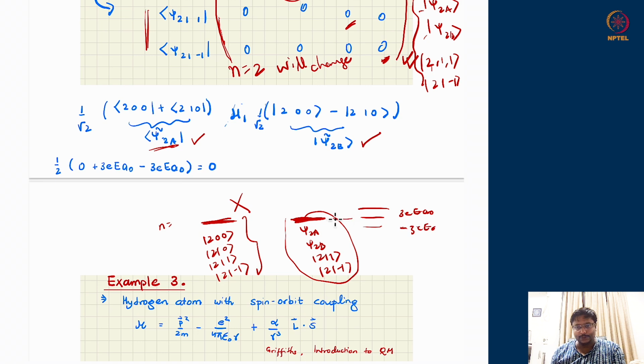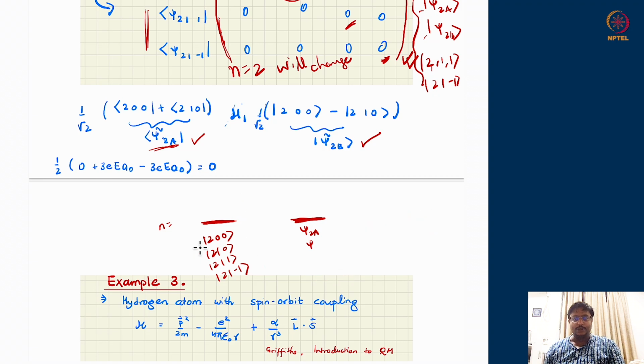So ultimately the 4 states here, 2 of them go here, 1 of them goes up and 1 of them goes down. And this is a result which we knew from correct usage of perturbation theory on correct basis. All right, I could not have applied perturbation theory on this because things were blowing up on this basis. So it is a good idea to go to a correct basis and then find out what happens to those terms.